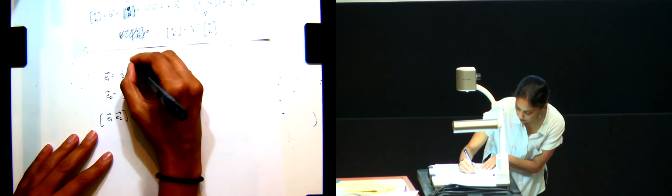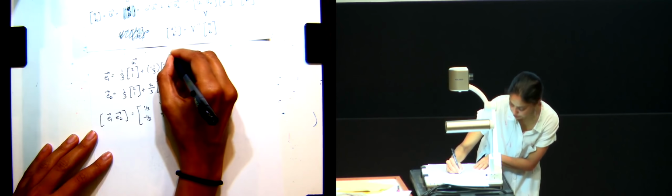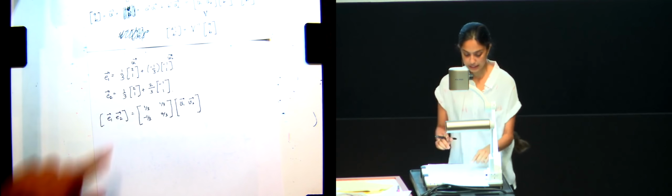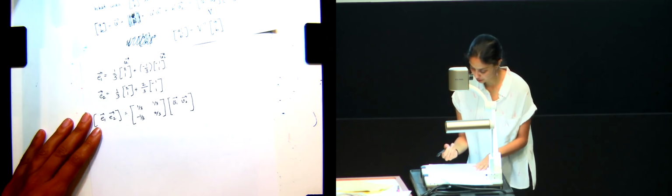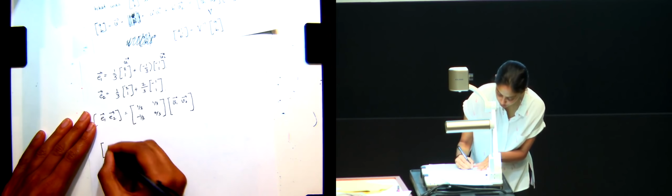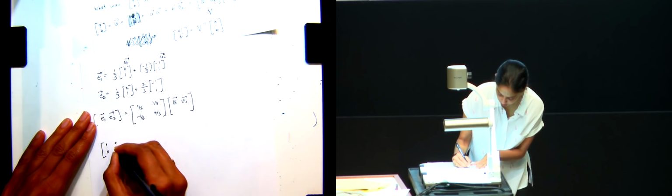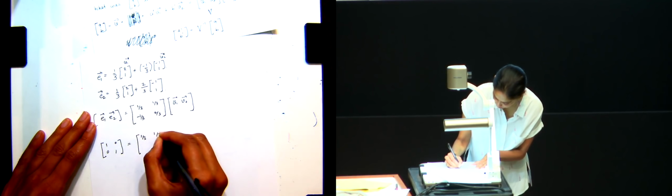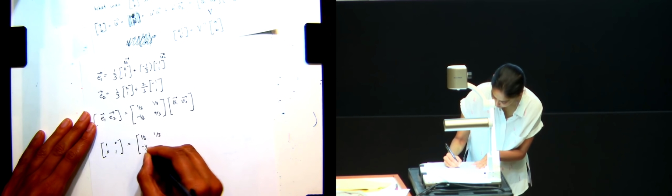This guy is V1, this guy is V2. This is exactly what we calculated here, right? And so now I get E1, E2. What is my E1, E2? 1, 0, 0, 1, equal to 1/3, 1/3, minus 1/3, 2/3